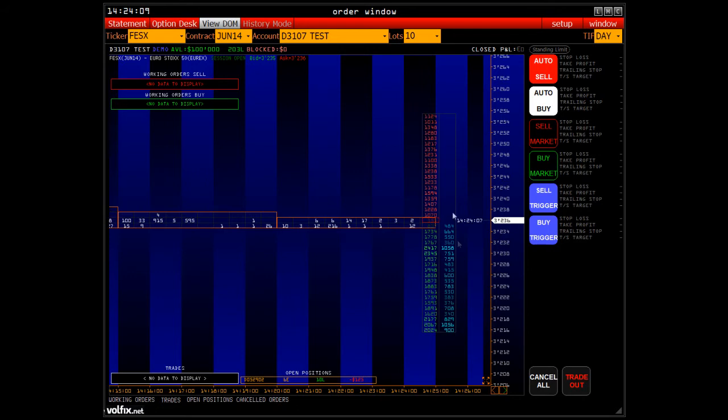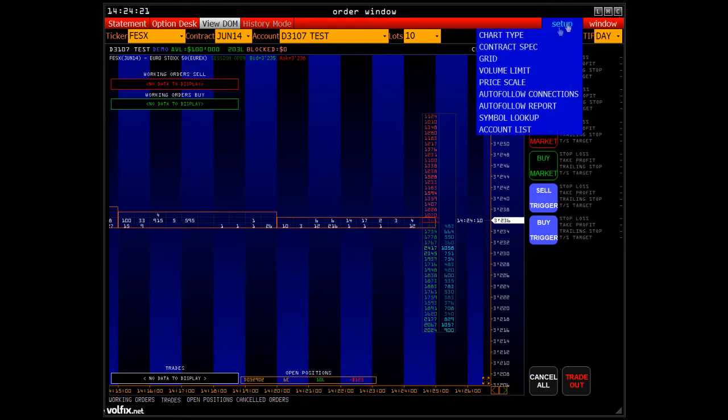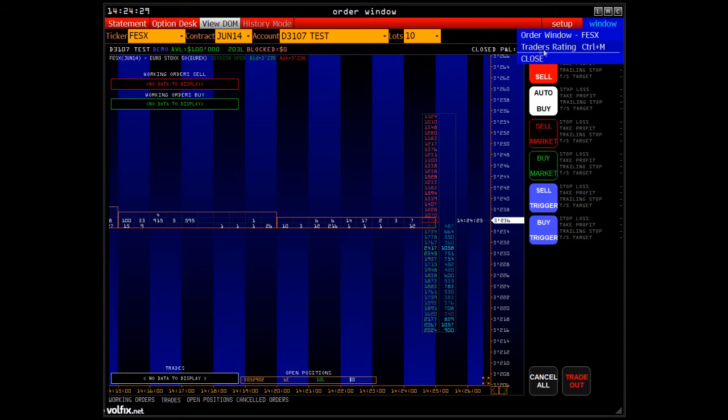Then we can turn on or off DOM, that is, the depth of market. History mode, we will return to it later. It is the ability to view transactions on the chart for the last days. Button Setup with proposed main functions, the most frequently used functions of the platform, and the button window makes it possible to navigate between open windows of